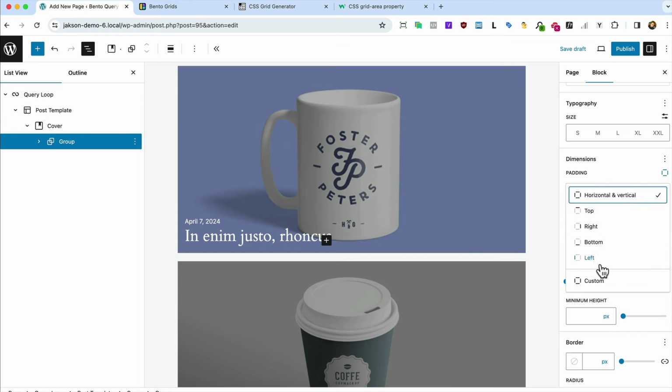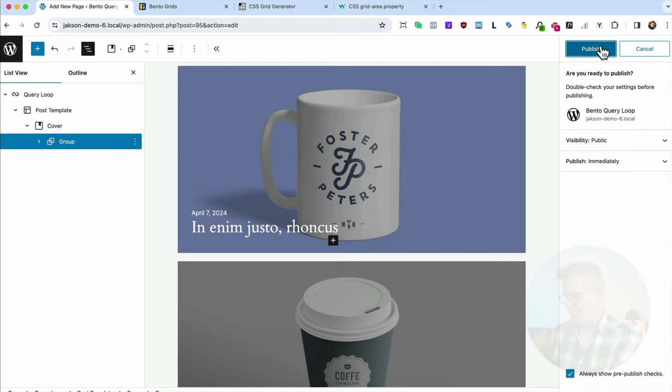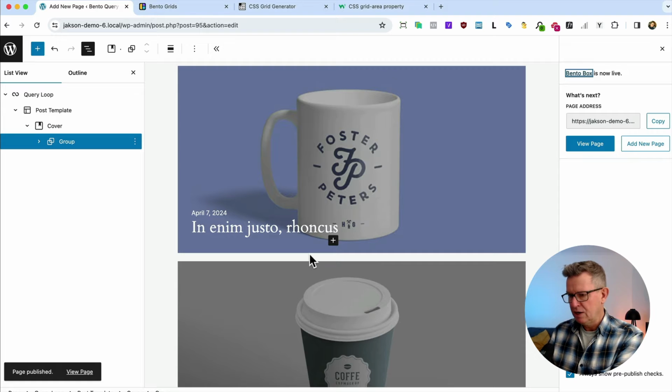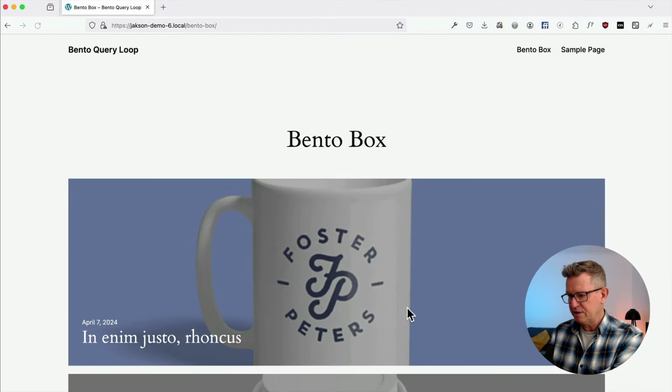We're going to open up the custom version of that. We'll put a couple to the left, or maybe one to the left, and a couple on the bottom. So that feels a bit more like posty-ish. Anyway, let's copy that link and go to our front end and stick that in, and we do have our